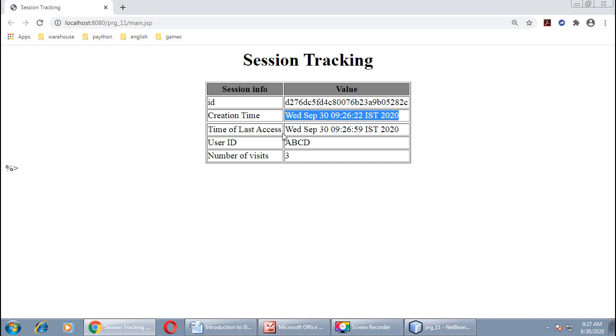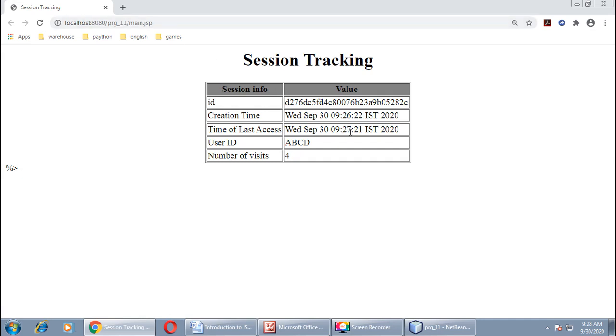Then the time of last access: if you compare both these times, you can observe the change. See here, at the time of 22 seconds, and here 59. For the same user, the number of visits is 3. Let me access the same web page for the fourth time.